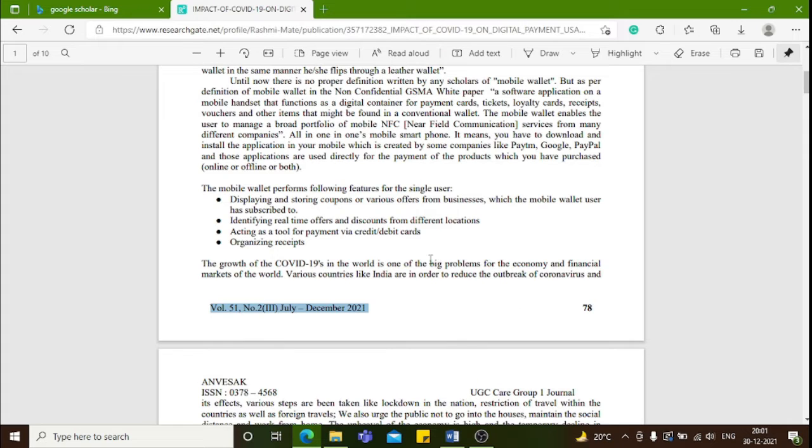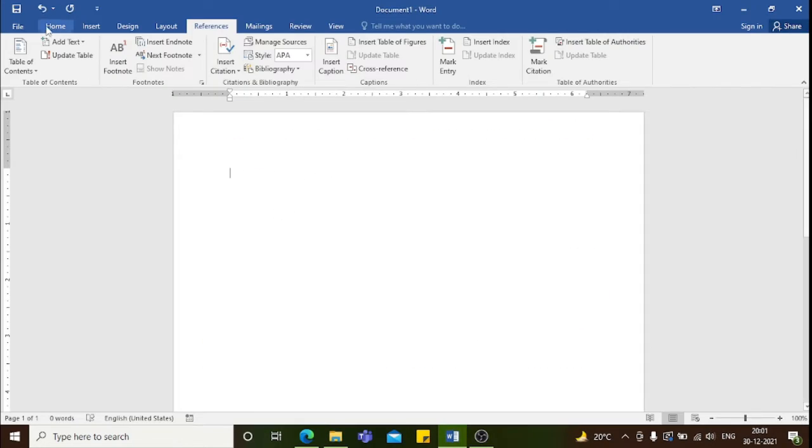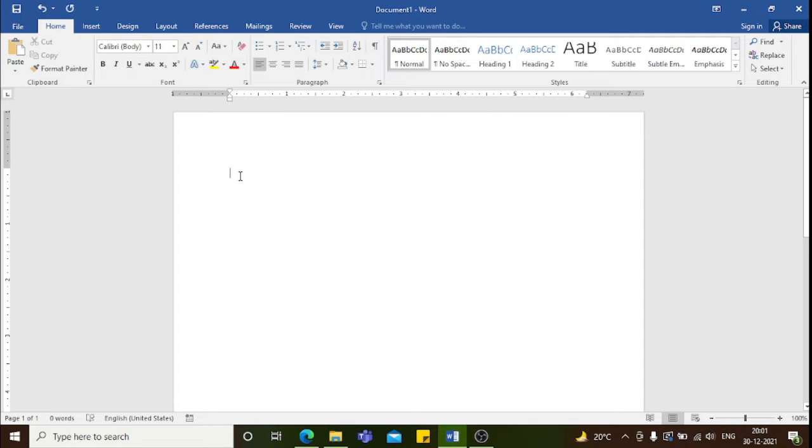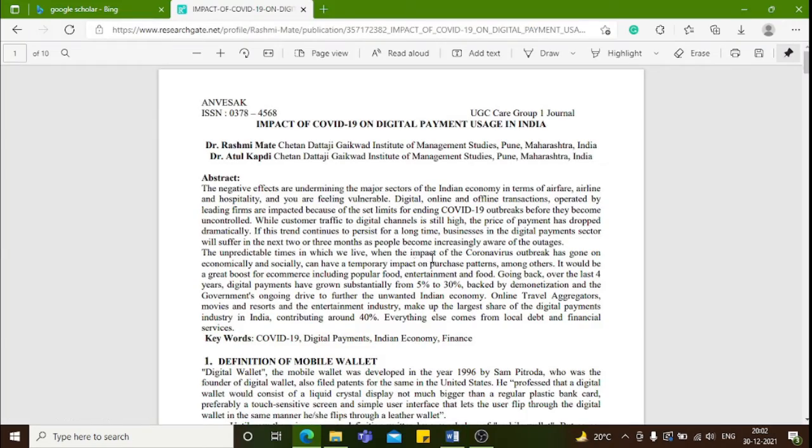So all these details we need to cite in the reference so that if any reader of my work also wants to read this article, in that case they can reach this article through that reference. So for that, now let us open MS Word and see here we need to have our work, and whatever we want to cite from that paper, we need to mention here in our own language, and then we need to create the reference for that.